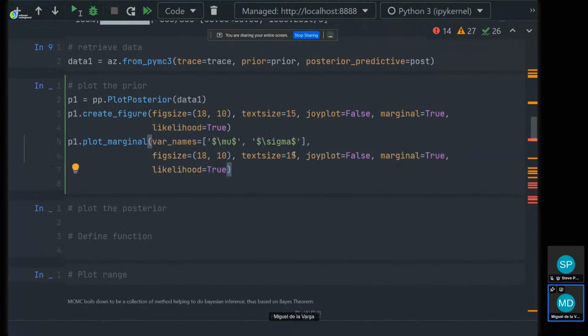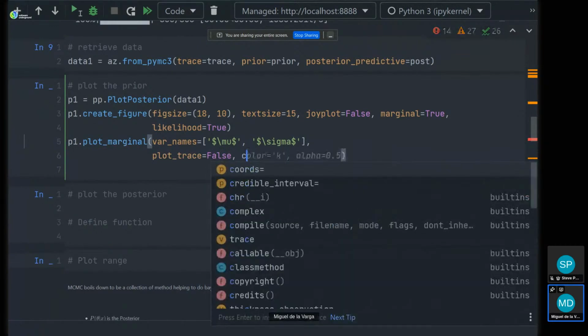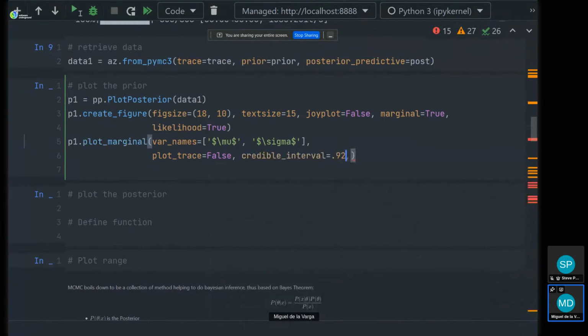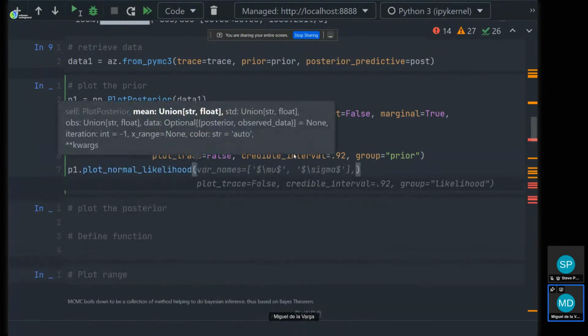I have a bunch of possible arguments. For this plot, I don't want to use the trace, the credible interval is 92%, and the group is prior. And for the likelihood,